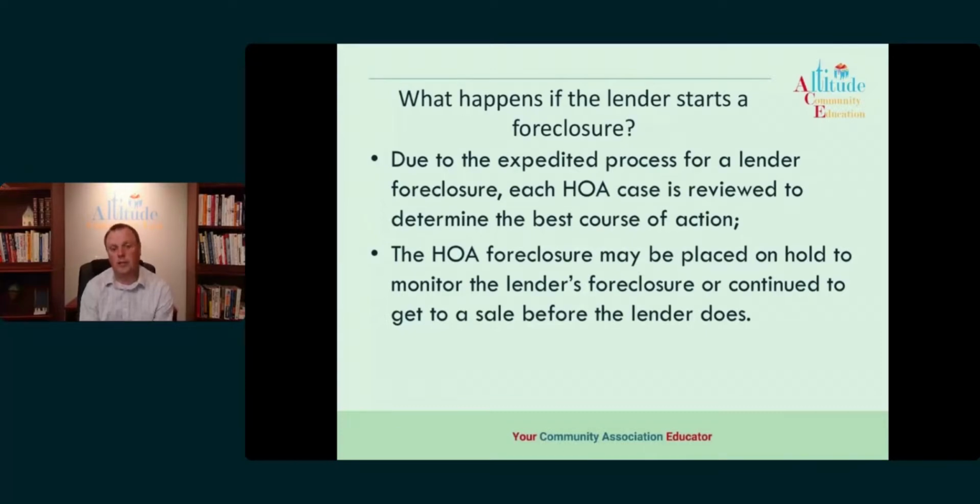If we come across the fact that the public trustee has started a foreclosure already, more than likely, we're not going to recommend the association going through its own foreclosure. The reason for this is because the bank can do it much faster than we can. So if the bank is on top of their game and they can get it done in 3 to 6 months, all the association is going to do by doing its own foreclosure is spending good money after bad. And so we don't ever want that to happen.